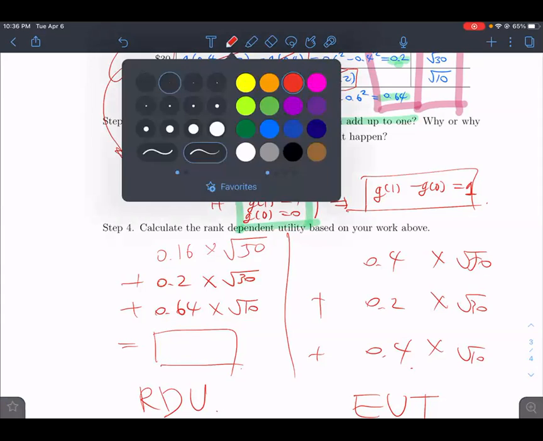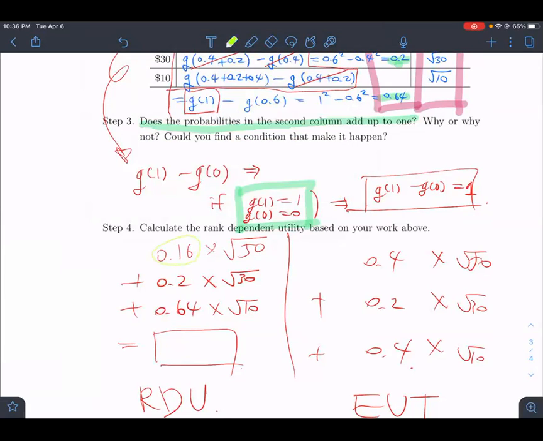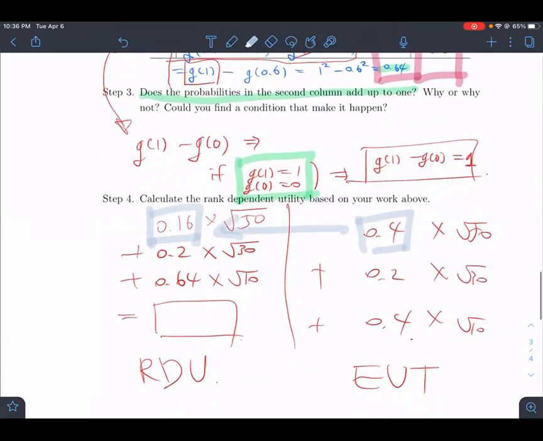The weight for the good outcome, okay, I'm sorry, this arrow. So this one at the right, we have the expected utility theory. At the left, we have rank dependent utility. The weight for the good outcome has decreased, okay? And the weight for the bad outcome has increased. So it is adjusting